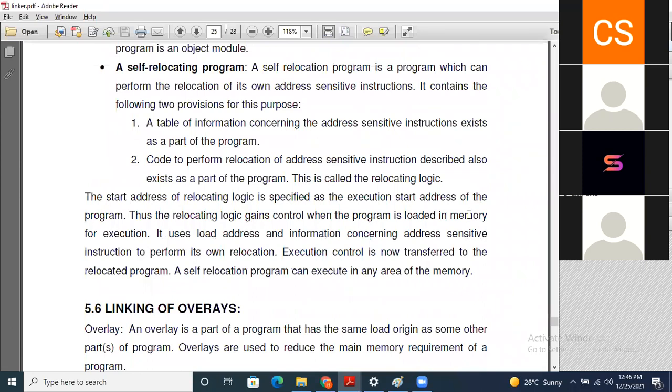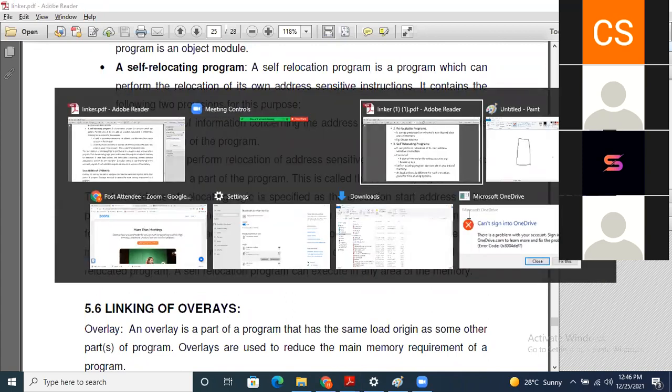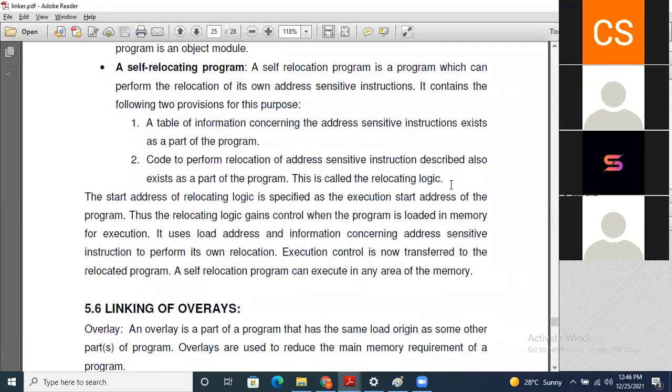So the self-relocating program contains the table of information which contains the address sensitive instructions, and second is the relocating logic, which is nothing but the code that performs the relocation of address sensitive instructions and also exists as a part of the program. The start address of the relocating logic is specified as the execution start address of the program.